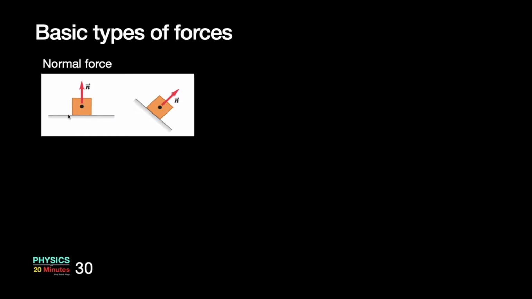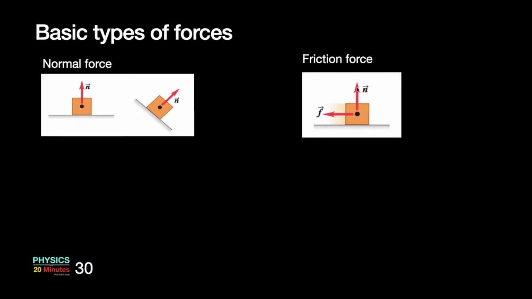So this is a block and there is a surface, they are in contact, then the normal force acts, and the normal force direction is always perpendicular to the surface. So if this is my surface, normal force will be perpendicular to it. It's a very common notion to think that normal force is always perpendicularly upward. It is not the case. If the surface is tilted, then the normal force will also tilt, and it will tilt in a direction like this. The other force is the frictional force.